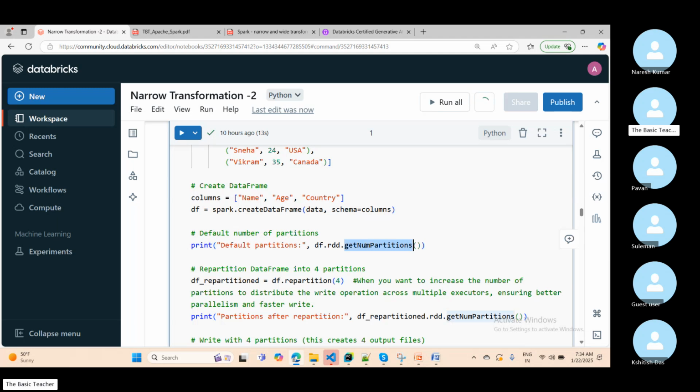So we can check the default number of partitions using getNumPartitions, and to check this number of partitions, I am converting this data frame to RDD, df.rdd, and then repartition. Using repartition, here I am giving 4. When you want to increase the number of partitions to distribute the write operations across multiple executors, ensuring better parallelism and faster write,